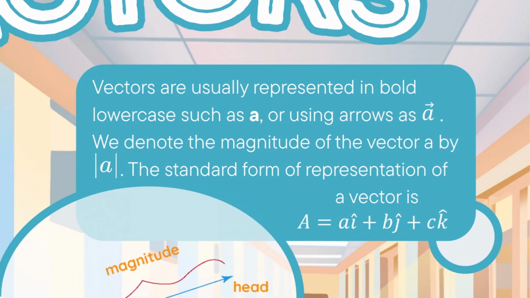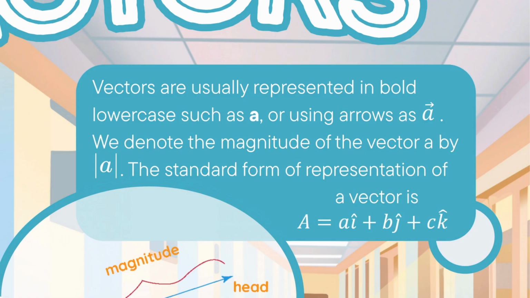Vectors are usually represented in bold lowercase or using arrows. We denote the magnitude of a vector A by the absolute value of A. The standard form of representation of a vector is A equals a times i plus b times j plus c times k. Here, a, b, and c are real numbers, and i, j, and k are the unit vectors along the x-axis,